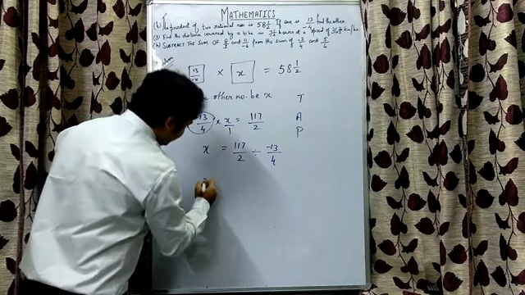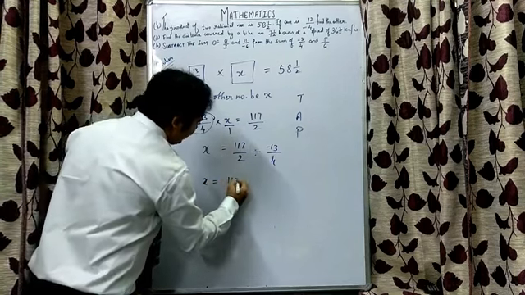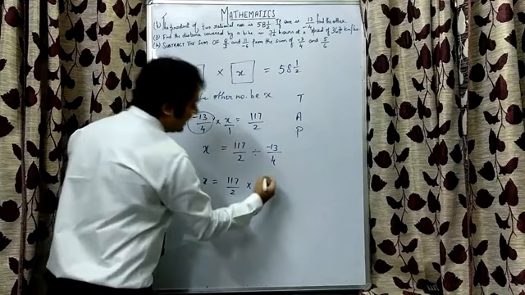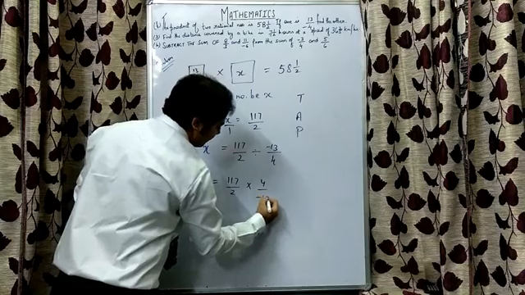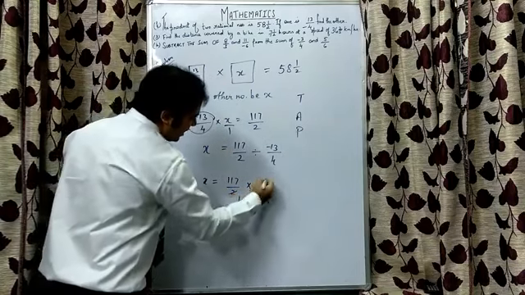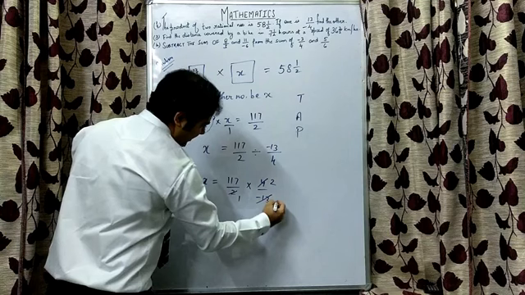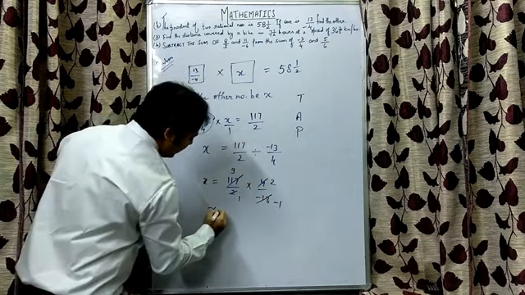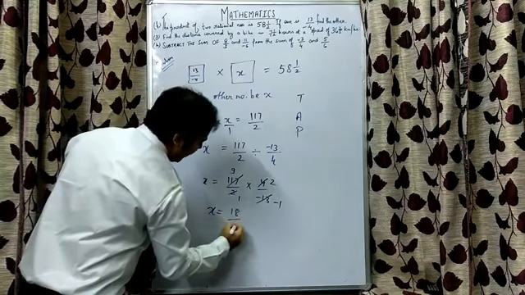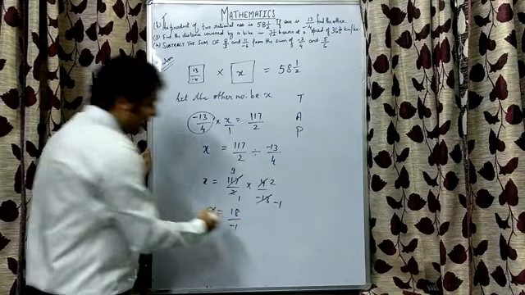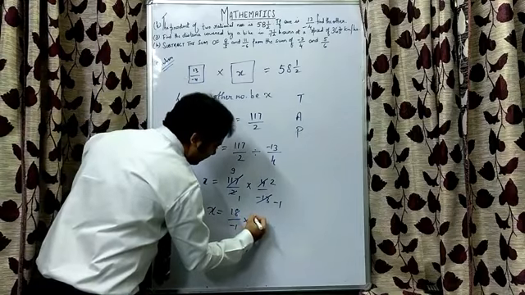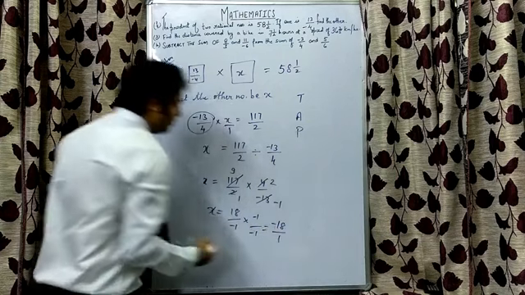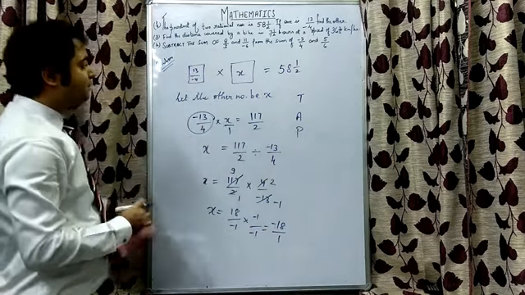Now in the next step, children, 117 by 2, division will change into multiplication and the number on the right side will reciprocate. Right? Now 2 ones are 2, 2 twos are, minus 13 minus 1s are minus 13, minus 13 will go into this 9 times. So x is equal to 18 by minus 1. So we will never leave our answer like this, we will convert this into standard form. So it will give me minus 18 by 1. So the value of x is minus 18.